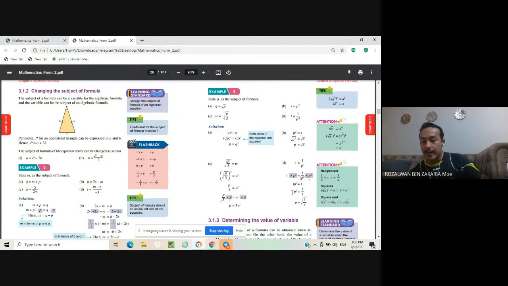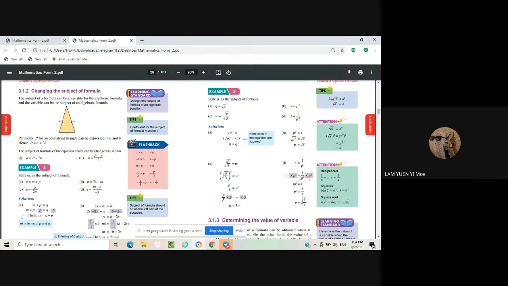Okay, yes. So next, here we have P square. We don't want this square. So what to do? We need to square root. This P square, we need to square root of 2. So you put square root of 2, P square, then equal to square root of 2, 1 over T. We need to put square root of 2 for both sides, left side and also right side. So the final answer, you will get P here, because a square root of 2, P square will become P power of 1, or P equal to square root of 2, 1 over T. Can you understand this one? Why this one happened here? Yes, teacher. Okay, all right, thank you.